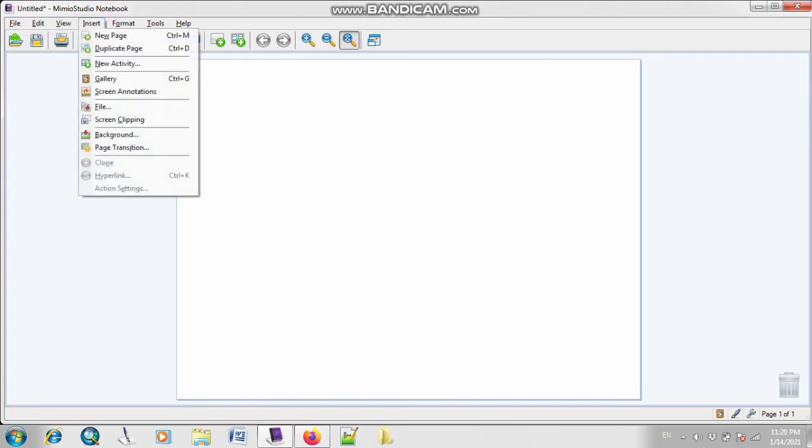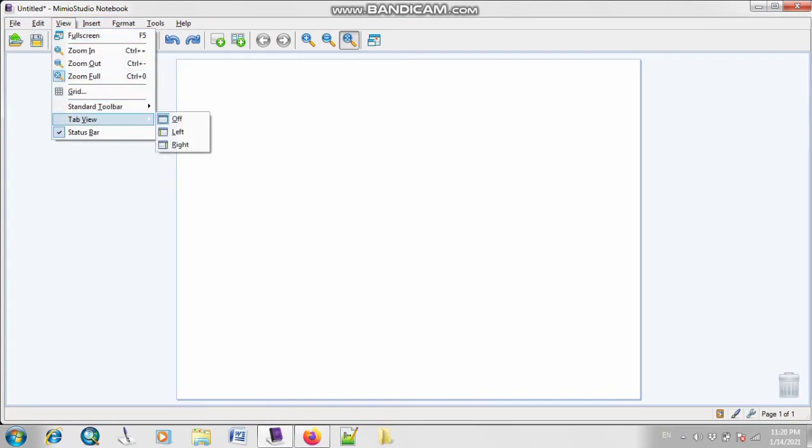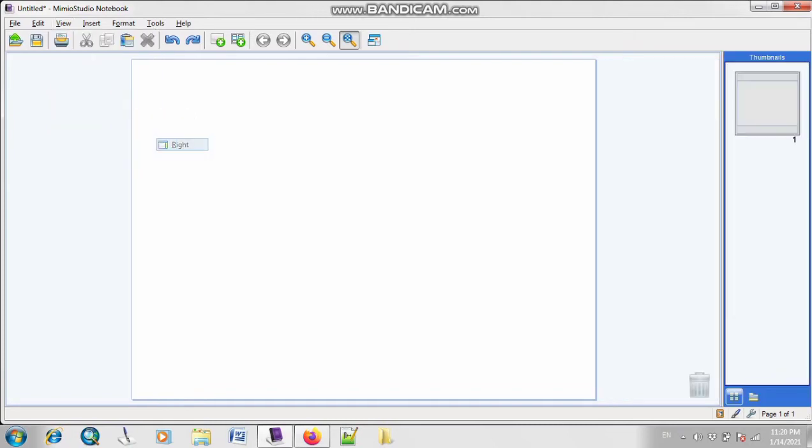The next option is tab view. Right now this is off. What if I click on this? As you can see, this is my tab view. What is the use of tab view? Tab view is basically used if you want to insert different pages, like if you are working in different pages. For example, let me write something over here. I have written 1. As you can see, it is automatically displayed on this page.